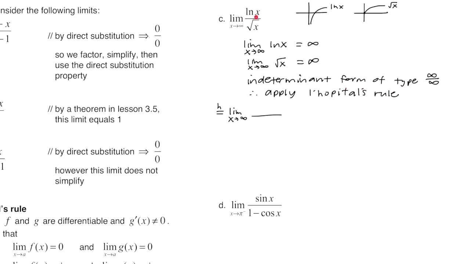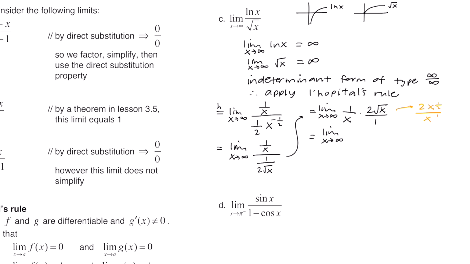So we take the derivative of the numerator, which is 1 over x. For the derivative of the denominator, remember this is x to the 1/2. So here we get 1/2 x to the negative 1/2. So I rewrote this as 1 over x, and then this right here I rewrote it as 1 over 2 root x. Now we're going to copy, dot, and flip this. To simplify this, we're going to think of this as x to the 1/2. This is x to the 1. So when you're dividing same bases, you subtract their exponents. So x to the 1 minus x to the 1/2 is going to be x to the 1/2 in the denominator,